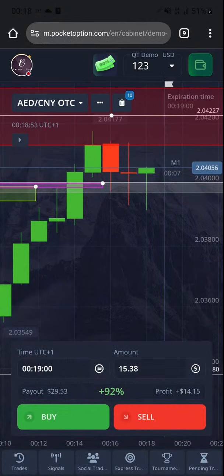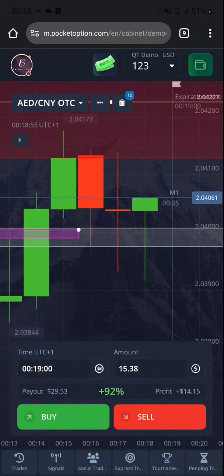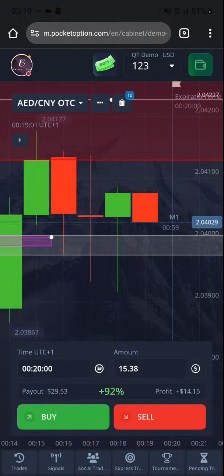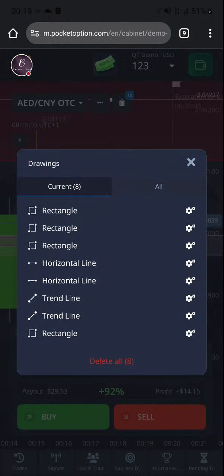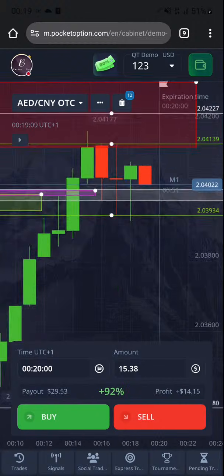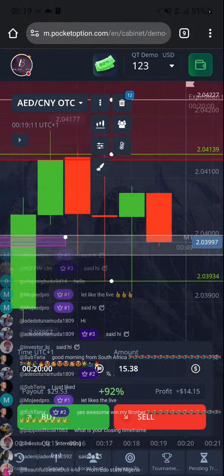So the first thing you need to do right now, we have a doji here. You understand? You see, this doji might start giving us a red green pattern. So what I will do right now is to mark this doji range. Let's mark this doji range quickly because this doji seems like a very good doji that would give us a